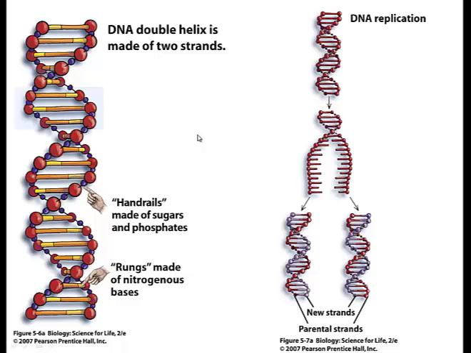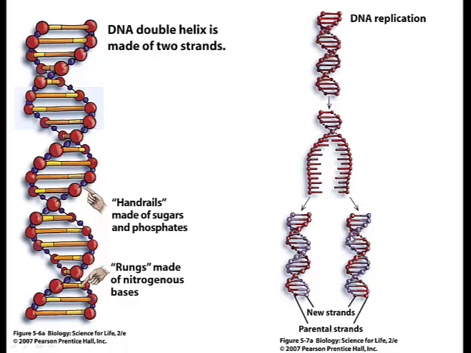When Watson and Crick discovered this structure, they said in that original paper in 1953 that this is a beautifully simple structure, and the structure indicates how this molecule can be replicated. And so they said that all you need to do to replicate this molecule is to take these two strands of DNA, pull them apart, and lay down a new strand based on the sequence of the old strand, which is exactly what happens in